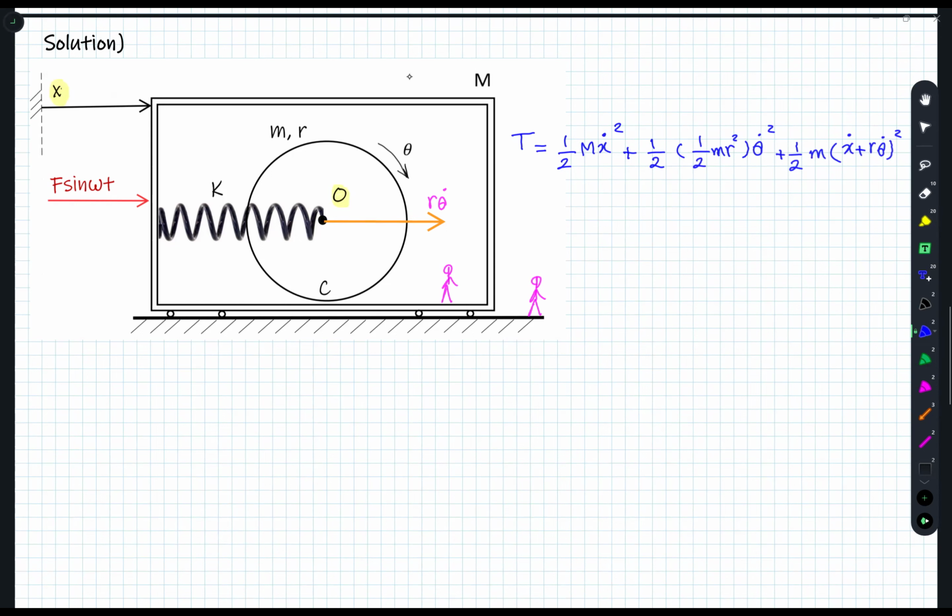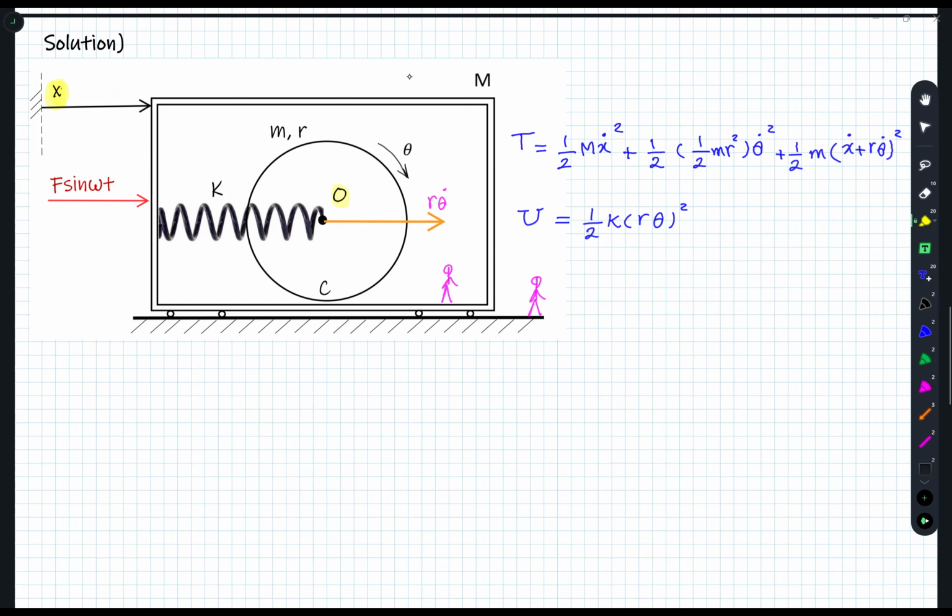That's T, and I need U, the potential energy. In this scenario, only there is the spring, which is half of k r theta squared. So you may ask, what about that x? Well, this x is measuring how far this cart is moving to the right, right? And it has no effect actually on the spring. You can visualize it by simply thinking about, okay, if this cart moves 2 meters to the right, still the stretch on the spring will be r theta,